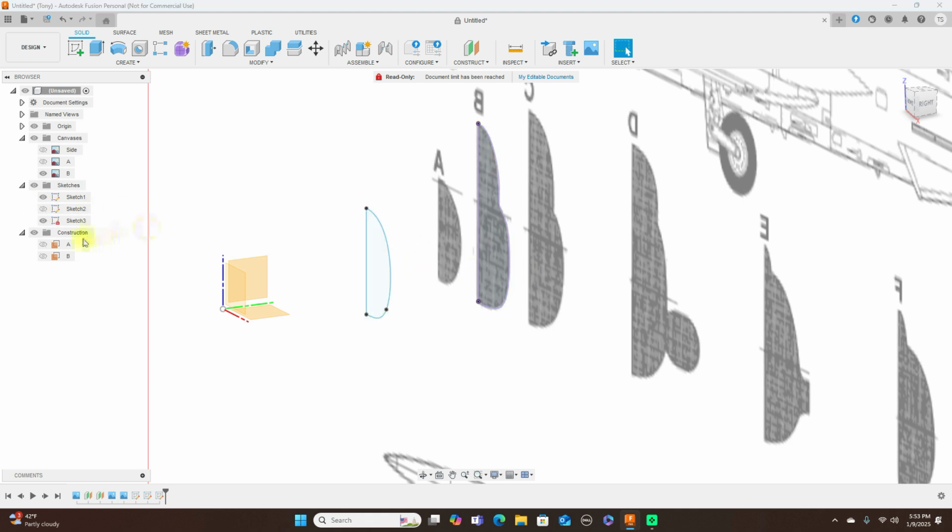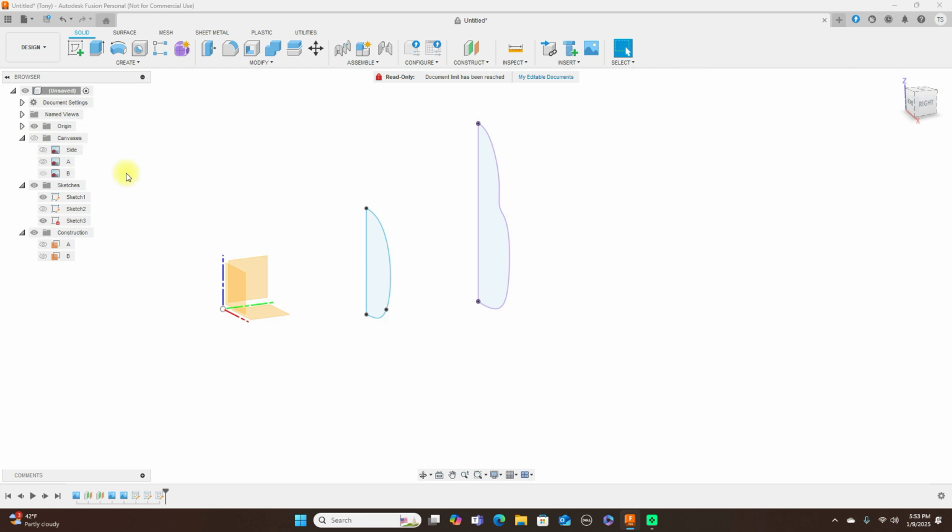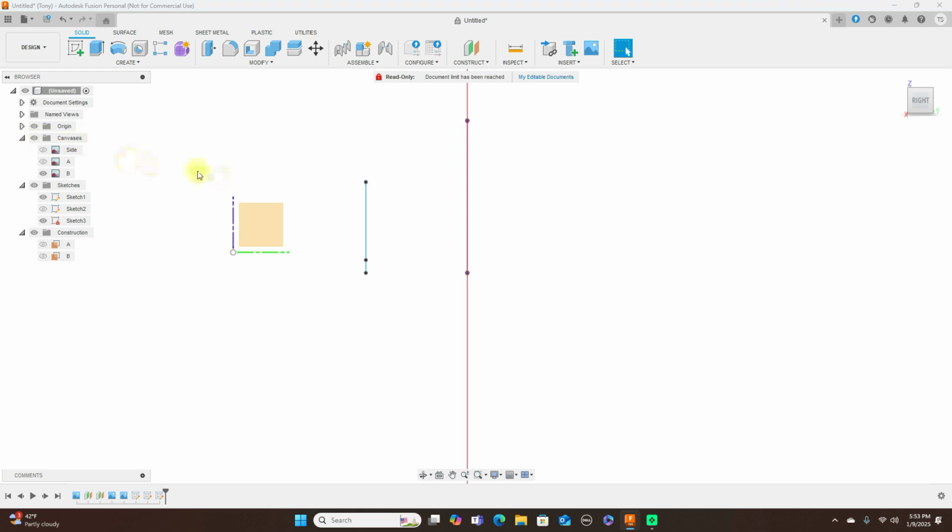And turn that sketch off, and we can turn the canvases off. Okay. Now we have this shape here, these two shapes. Now, just for a recap, so far,